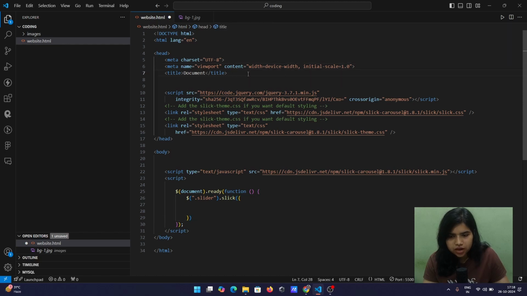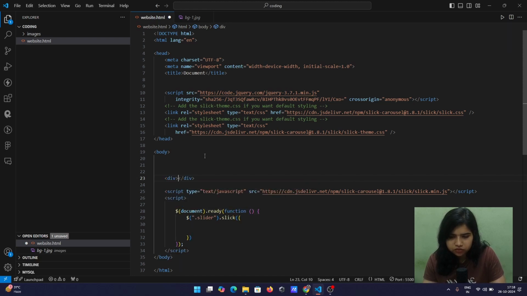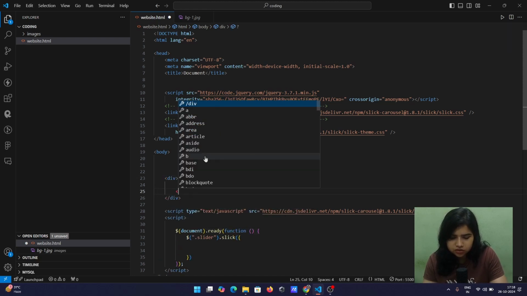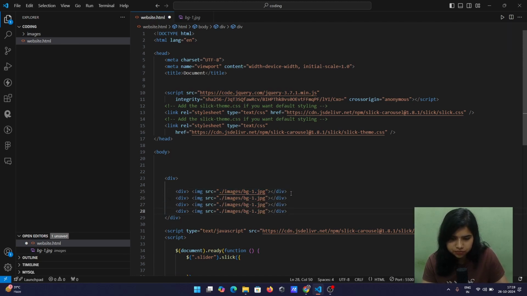Now we will add here inside the body the main content of the slider. So let's make a div, and inside this div we can have multiple divs, and inside these divs we will have the image. So let's just take the image. This is one, and similarly we will have the other 3 images. Let's change their names,